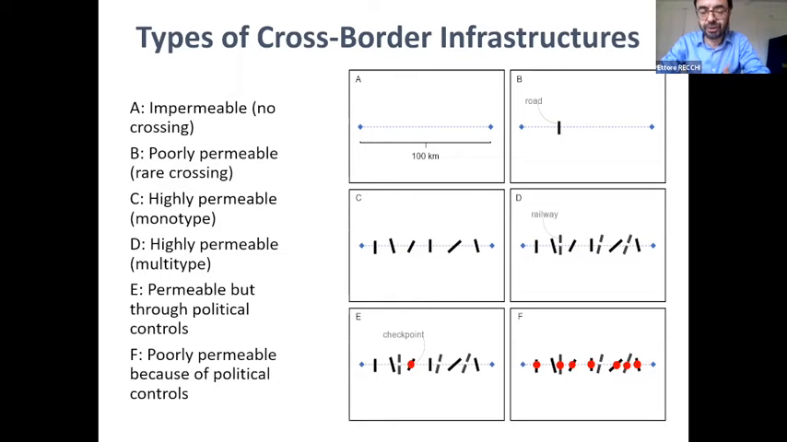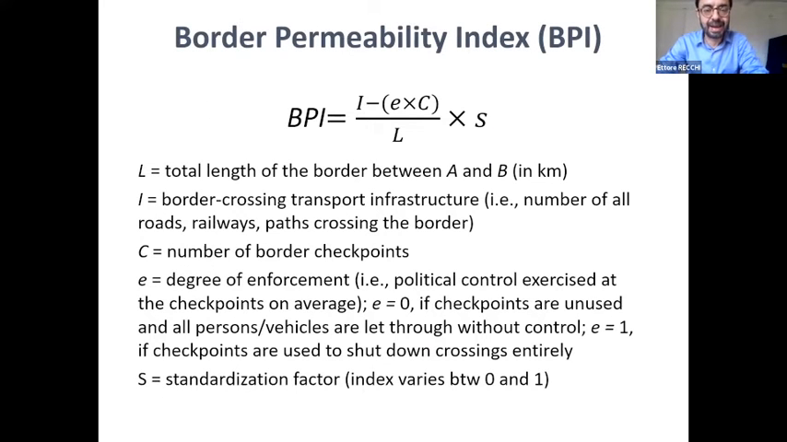We want to formalize all these possible, let's say, ideal typical situations with a formula. And the formula is what we have called the Border Permeability Index, BPI, which is a very intuitive index. It's a ratio between I, the number of border crossings served by transport infrastructure, that is all the roads, railways, paths crossing the borders, minus the number of checkpoints. The number of checkpoints is multiplied by a factor E, which stands for enforcement, the degree of enforcement of checkpoints,